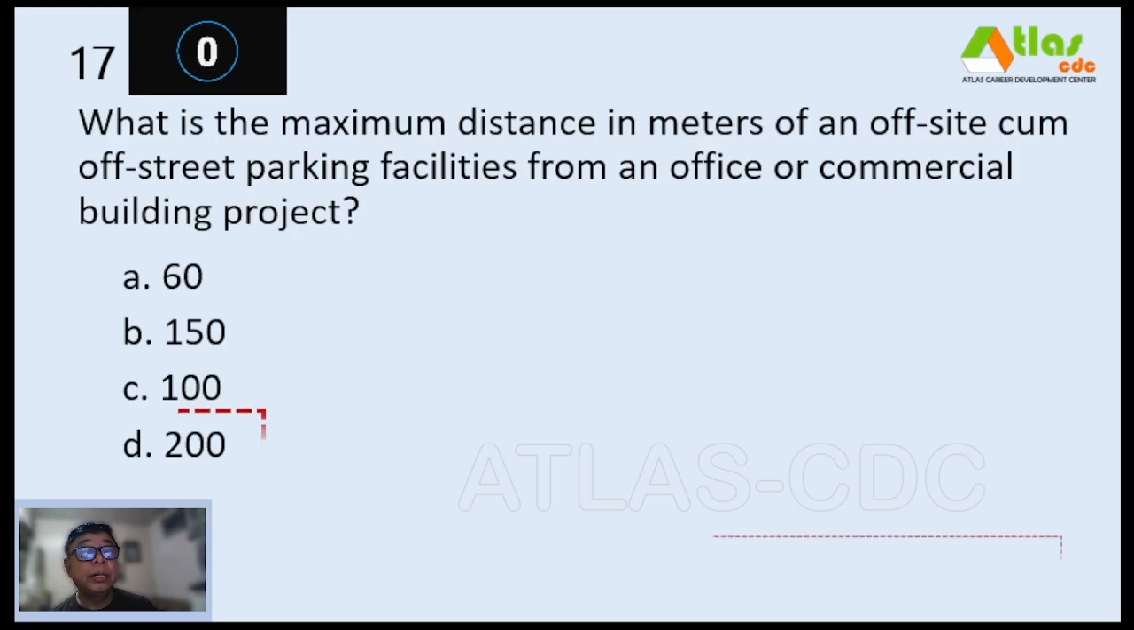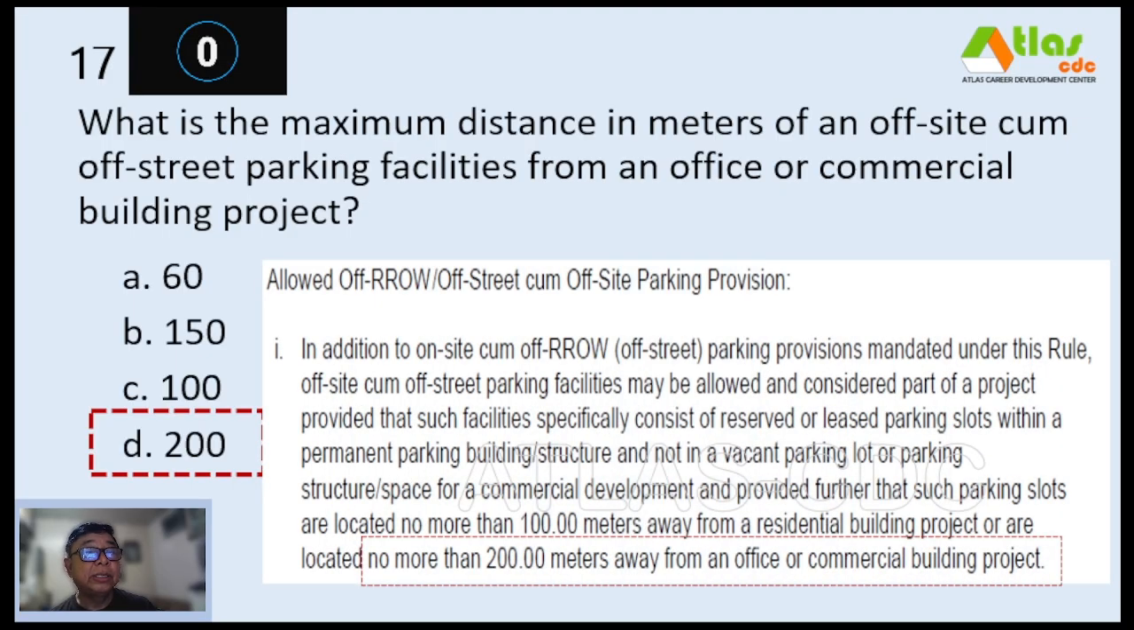And our correct answer is letter D, 200 meters. So, the allowed off-road or off-street off-site parking provision. In addition to on-site off-road or off-street parking provisions mandated under this rule, off-site off-street parking facilities may be allowed and considered part of a project, provided that such facilities specifically consist of reserved or leased parking slots within